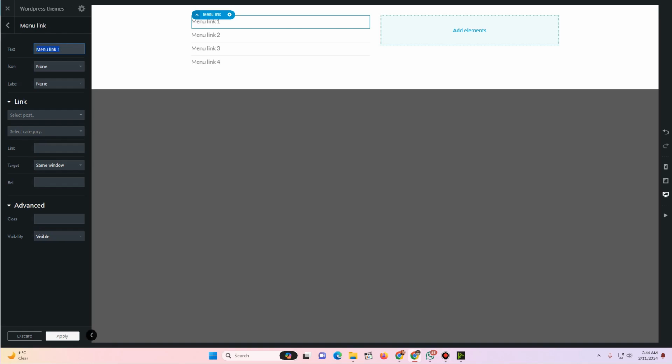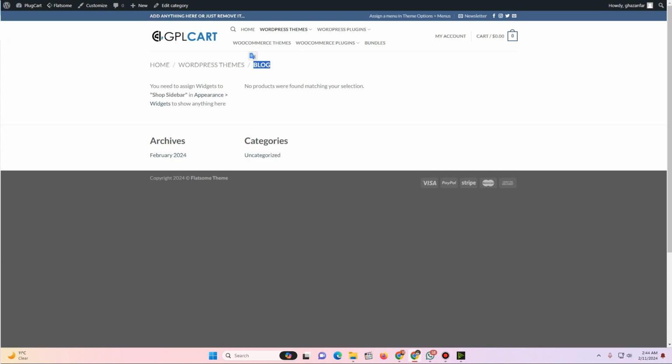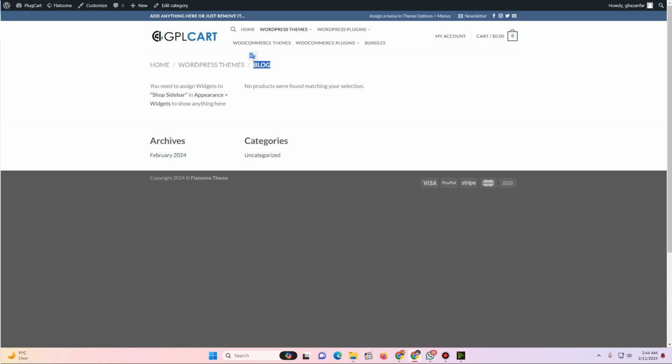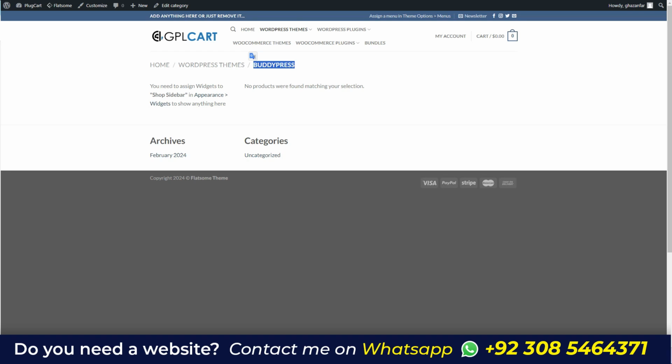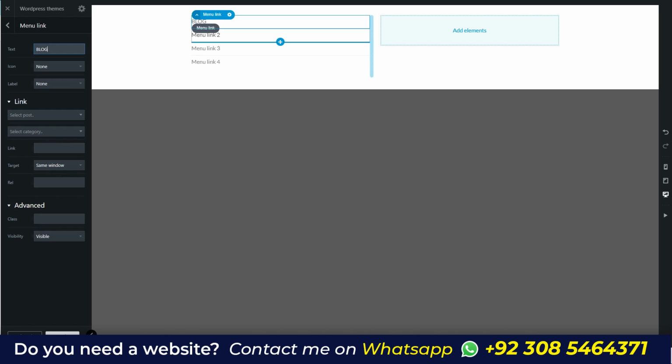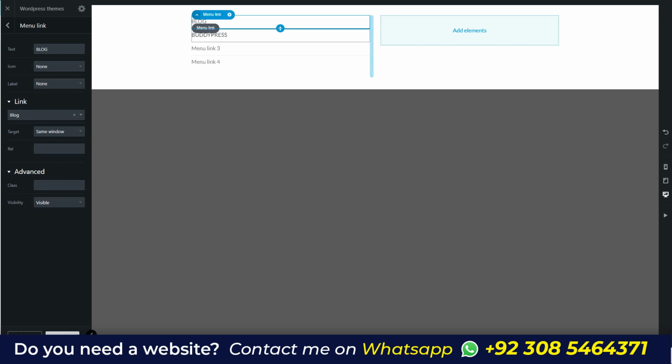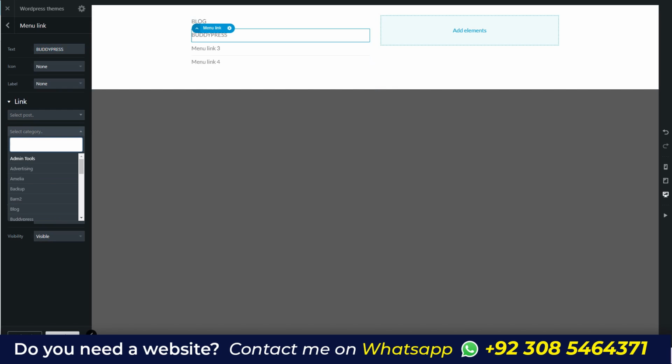So the first category that we have is called blog, so I'll copy the blog from here and I'll insert it right here. And then after the blog we have this body press. I'll copy this, and then I'll select this menu item and I'll paste it here. But before, let's just insert the link here. So link for the categories, I want to search for blog here, and I'll choose this blog category. Then for the body press, where it says select category, I'll just search for body press,